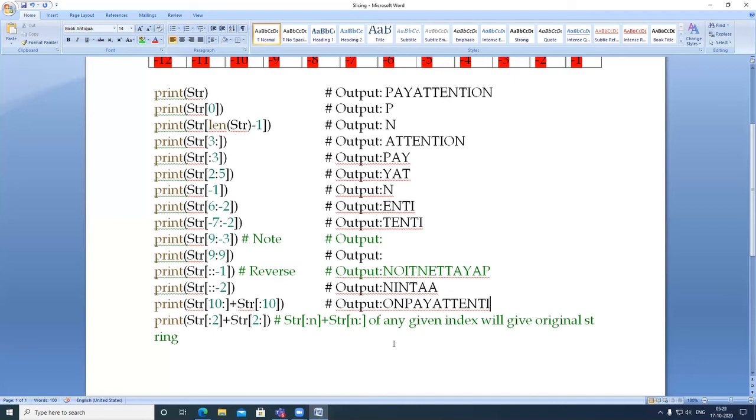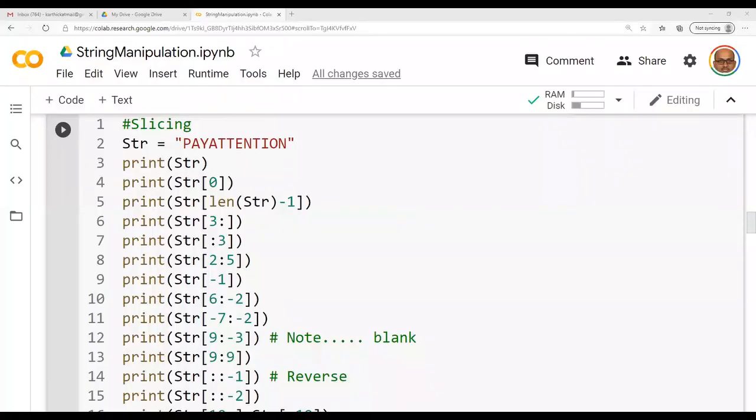Let us re-verify these outputs by running the interactive Python notebook, and let us confirm whether what we have learned in slicing is correct or not. Now let me run the same code in the Python interactive notebook. We have the answer with us. Let us compare this system-generated answer with the answer we have written as an output there. Now let me run the code which I have typed already.